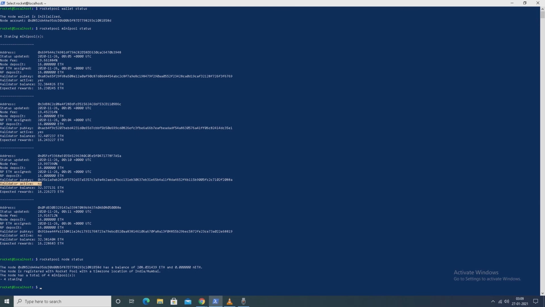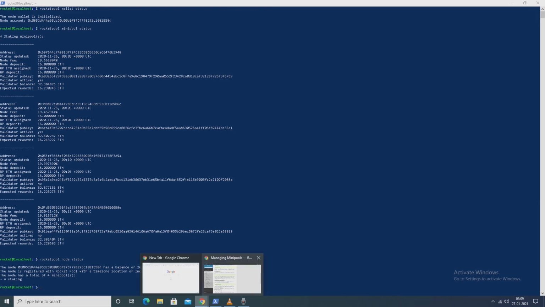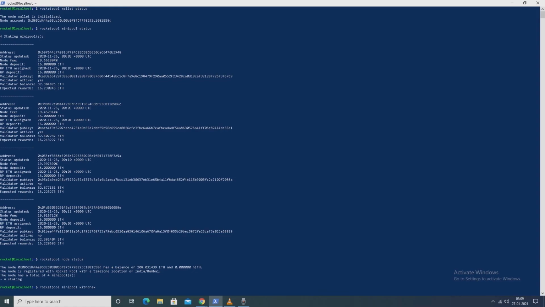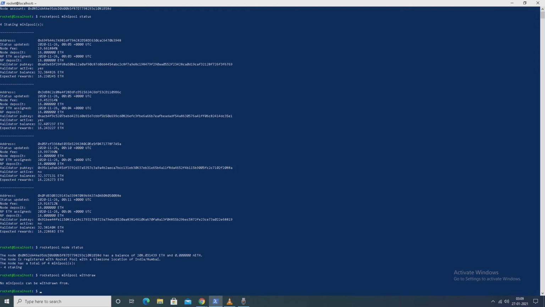So I type in Rocket Pool minipool withdraw. Oh, no minipools can be withdrawn from.